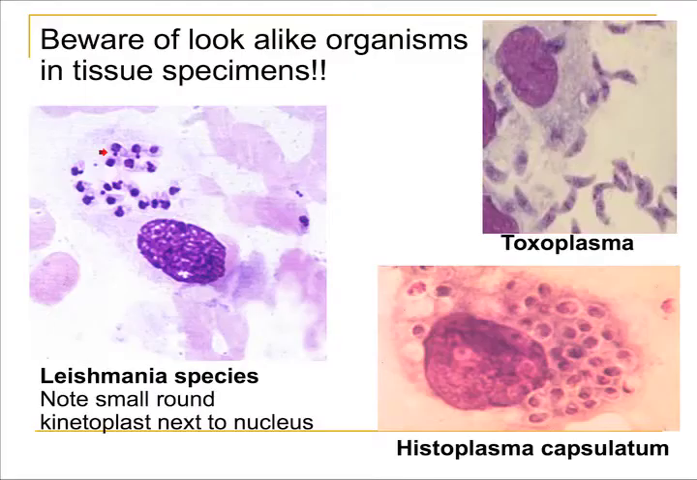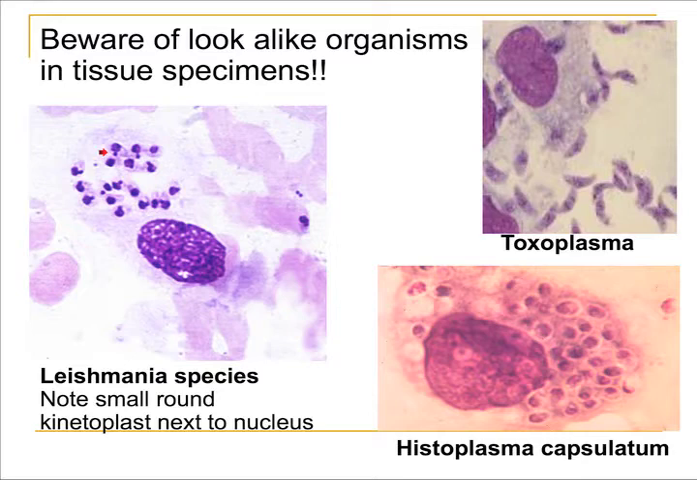On the next slide, I want you to be aware of look-alike organisms that can also appear in tissue specimens and could possibly be confused with Histoplasma. Histoplasma is on the slide in the bottom right-hand side. And the two organisms most commonly confused with Histoplasma could be Leishmania and Toxoplasma. I personally think Leishmania species is the primary one that could be confused with Histoplasma. The cells are very similar in size, but the one outstanding characteristic of Leishmania that makes it different than Histoplasma